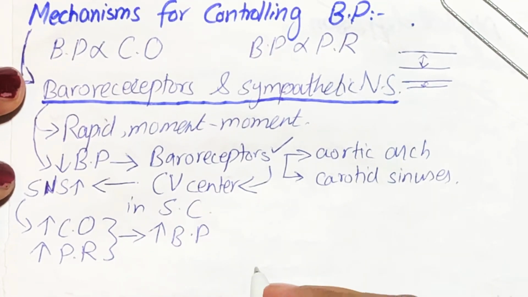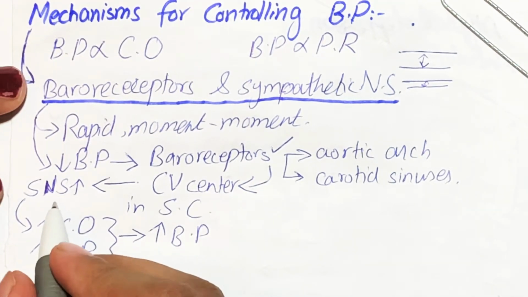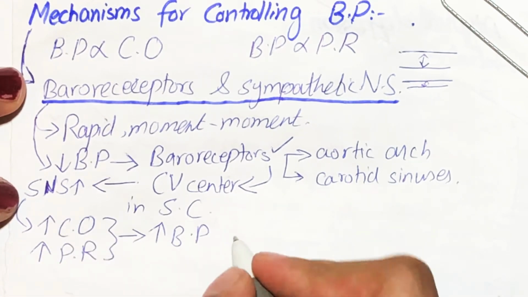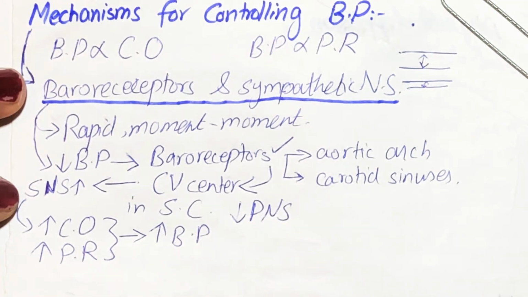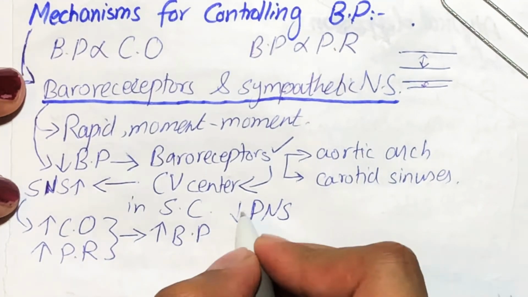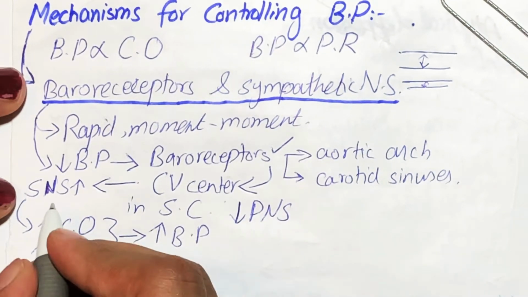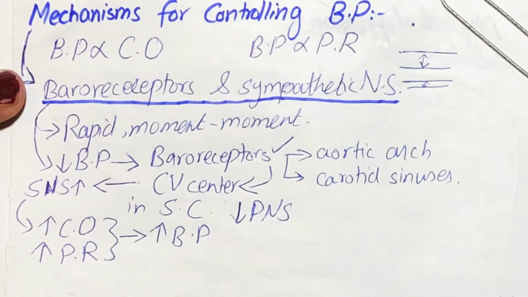So as there is an increase in sympathetic responses, it means there is actually a decrease in parasympathetic nervous system responses, which are decrease in cardiac output and decrease in peripheral resistance. So now this is being decreased and sympathetic responses are being increased, because both of these systems are actually working at the same time. If there is an increase in one system, there will ultimately be a decrease in the other system. So this is how it actually works.